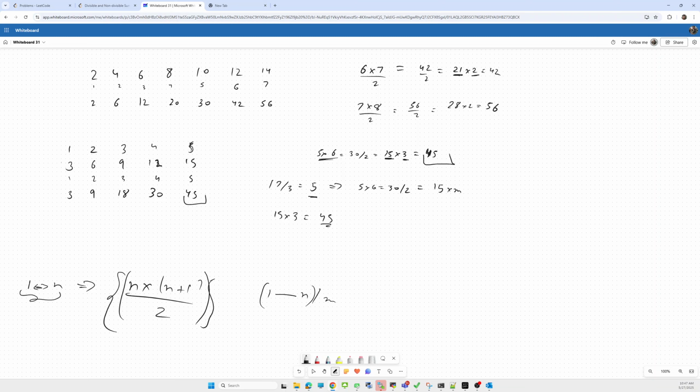So can we deduce an approach from this? Yes, there is a pattern. If n is given and we take n divided by m, it returns some x value. Now we have to calculate the number of multiplications in that x. The equation will be x times x plus 1 by 2. Suppose this gives us the y value. We then multiply this y by m to get the sum. So this is the equation.